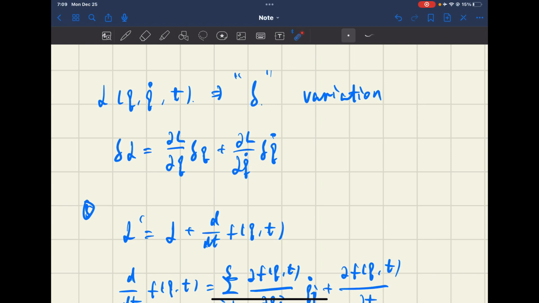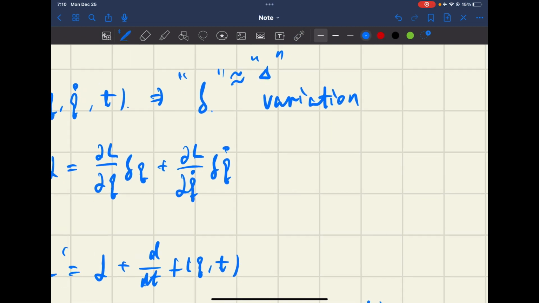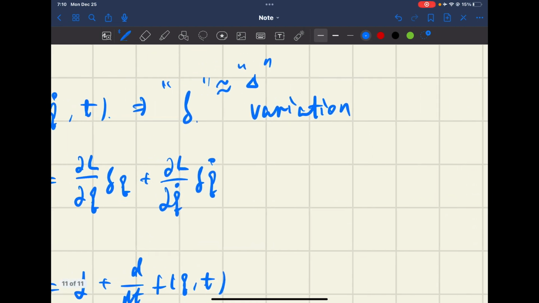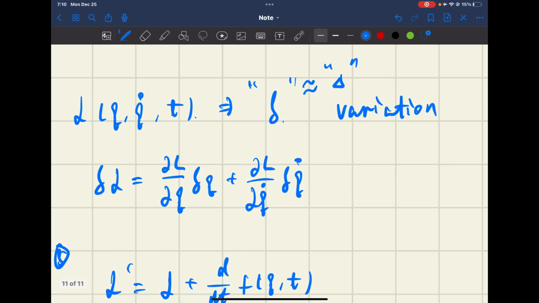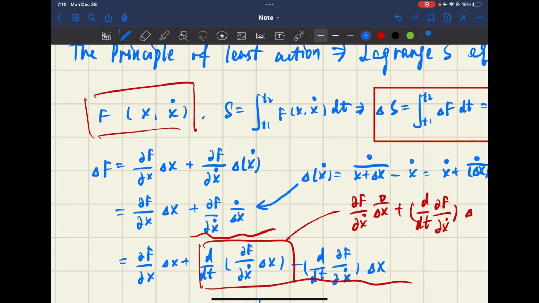However, just as we calculate the increment of s and f, we didn't consider time. So that's where we introduced a new calculation symbol called small delta. This small delta is actually very similar to the big delta. What the little delta differs from the big delta in is that it doesn't consider the change of time. So in other words, when we calculate the increment delta f here,